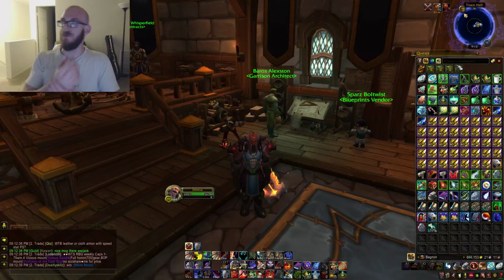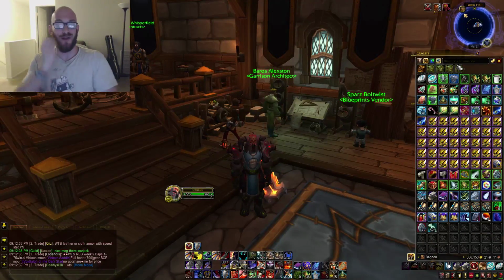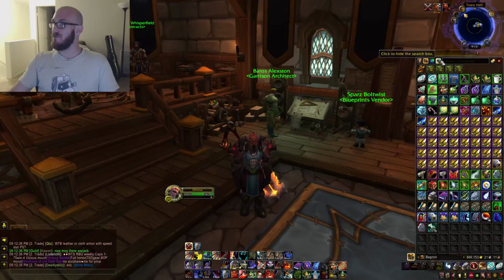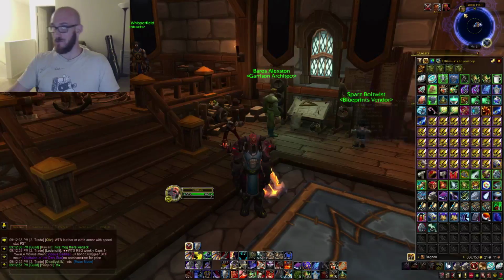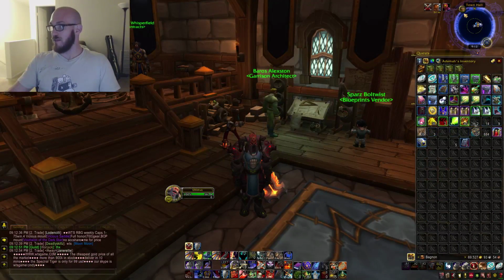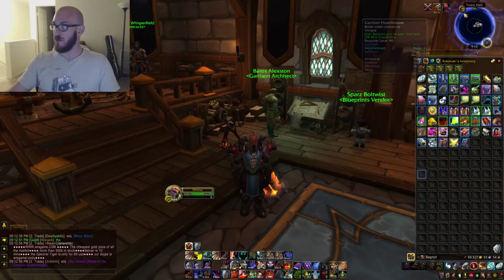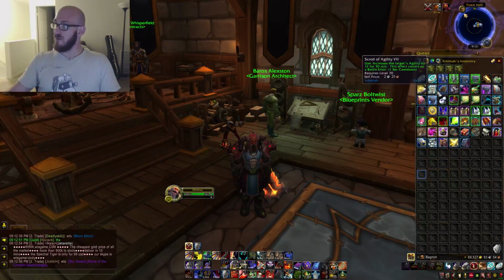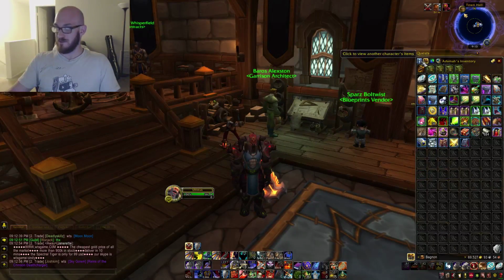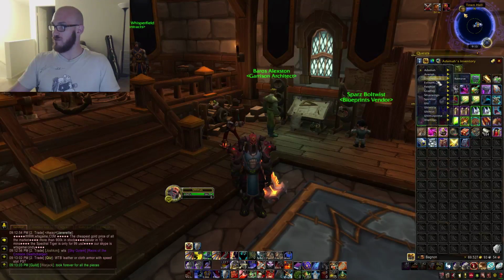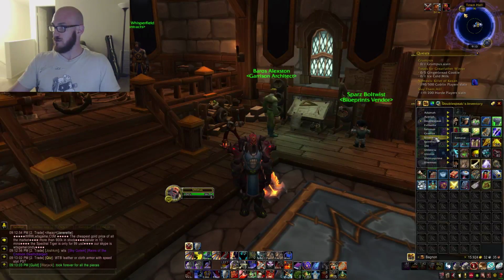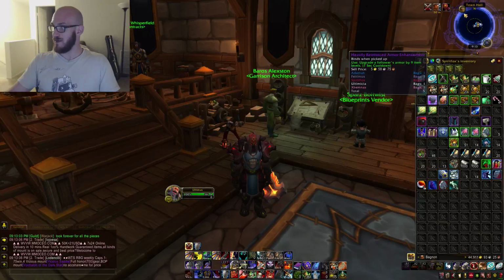So it's very handy if you're looking for a piece of gear or equipment and you're like, I swear I looted that, where is it? And this helps you find out if you did loot it or maybe accidentally sold it. So that's one of my favorite features about it. And it also lets you see what's in your other characters' bags. So here now we're looking at our shaman's bags. Obviously I can't drag and drop anything because it's over on the other character, but it lets you see what is in their bags. So I can go over to Spirit Fox, my Death Knight,